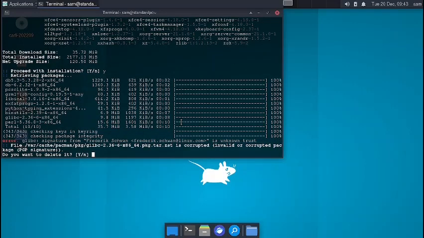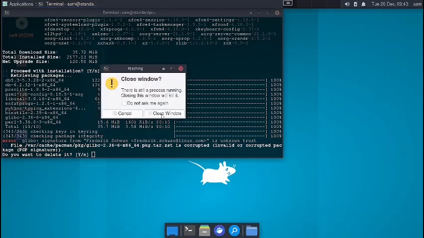Okay, so the issue is still there. You see, the refresh keys command could not retrieve the fresh keys for Frederick Schwann. I think there is some bigger, more complicated resolution for this problem. This refresh keys command won't solve it. So I will stop the video here, and in the next video